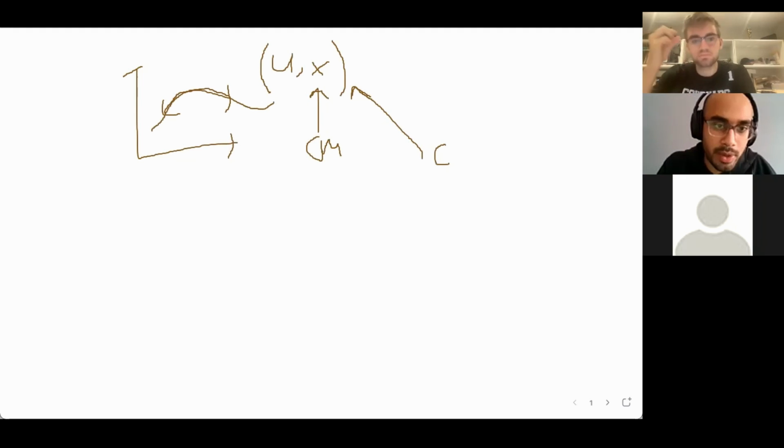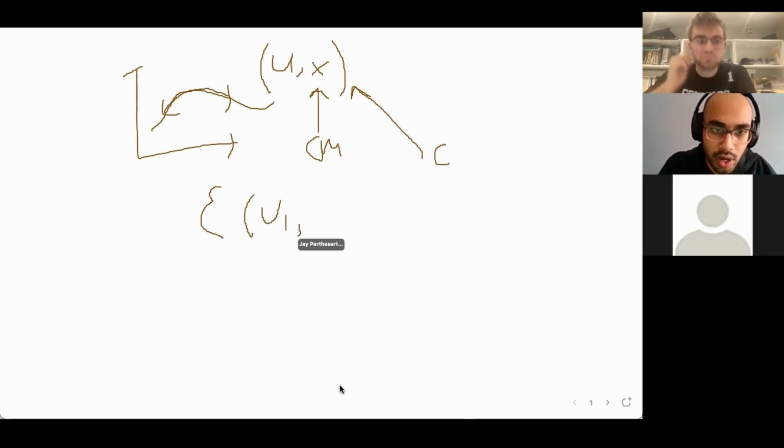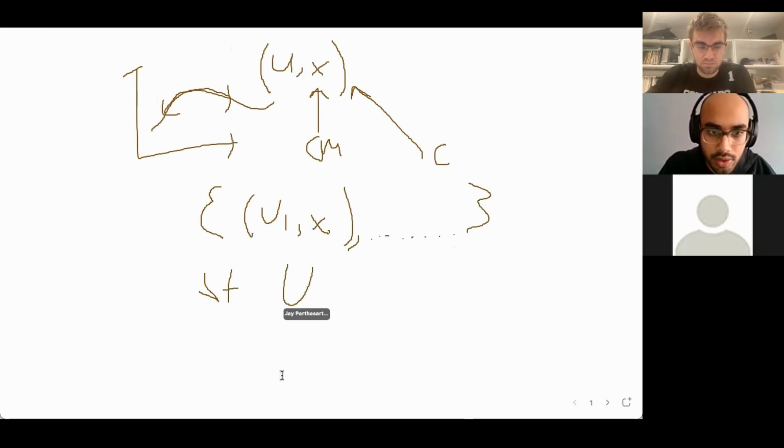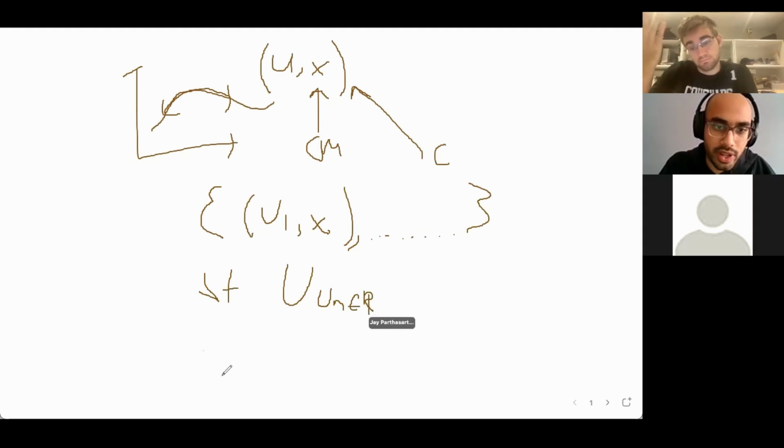Okay, so chart map, an atlas is kind of like a collection of U1, X1, and then more of these. So there's a bunch of different charts in it, and the condition is that the union of U_n for all n, all the u's, equals